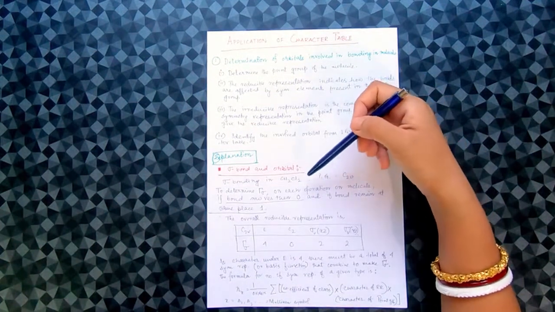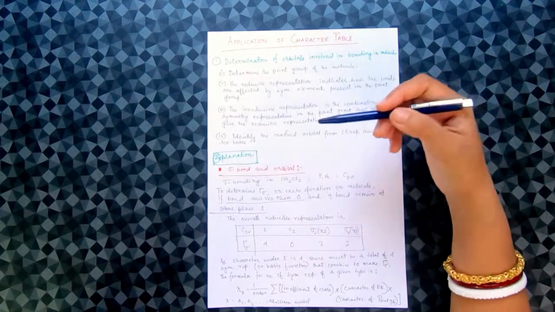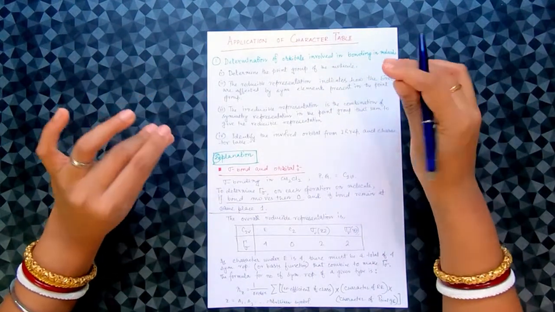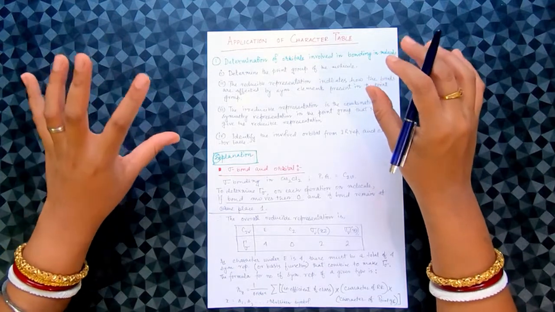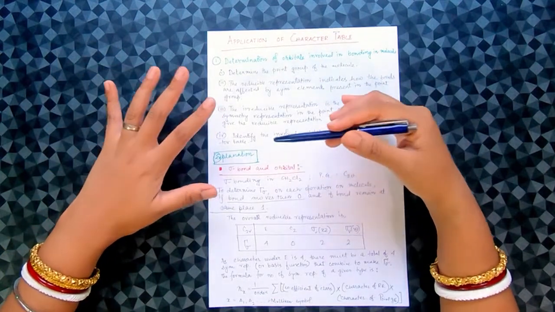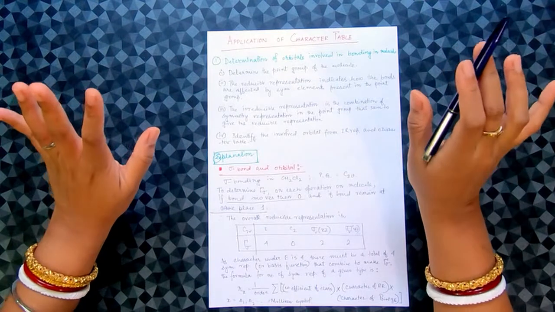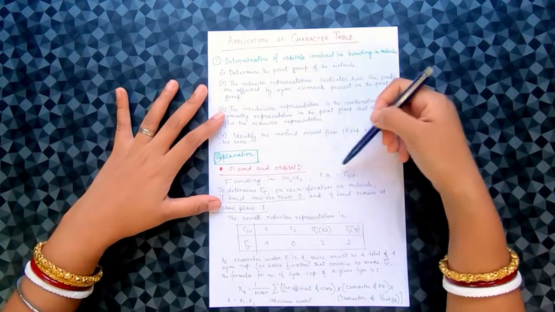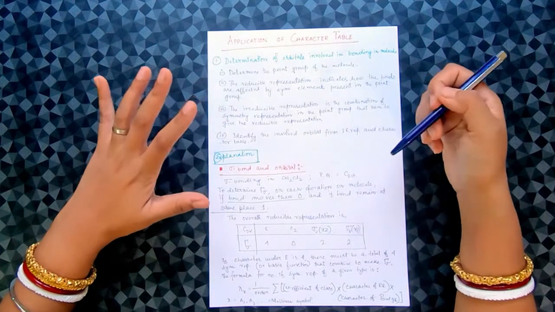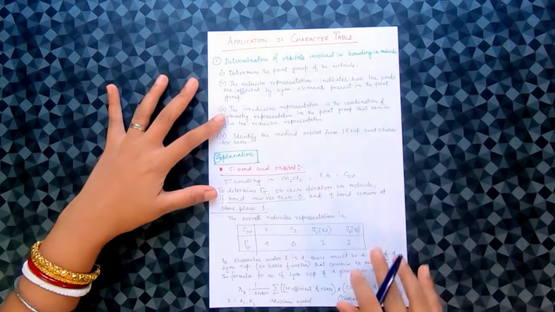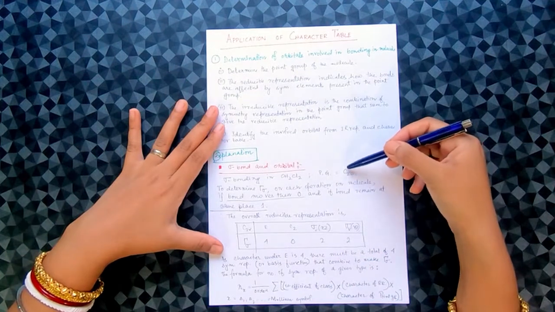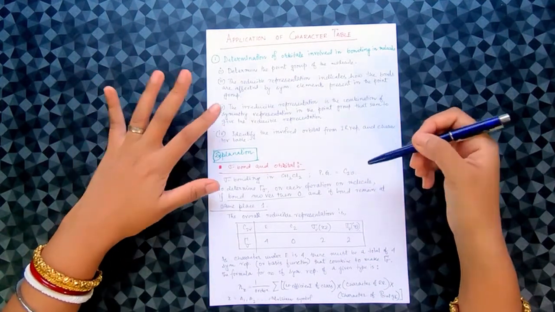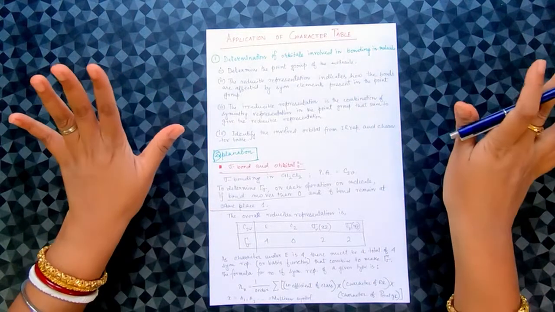In dichloromethane, all four bonds are sigma. There is no pi bond. So we are going to detect which orbitals are involved in this sigma bond formation. For CH2Cl2, the point group is C2v. We already know about C2v. When it is C2v, the order of the point group is 2 into 2 equals 4, right?